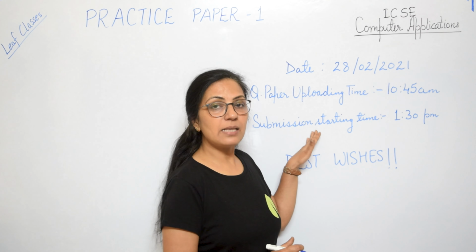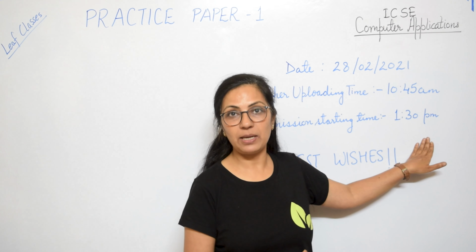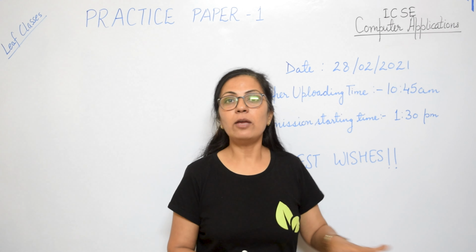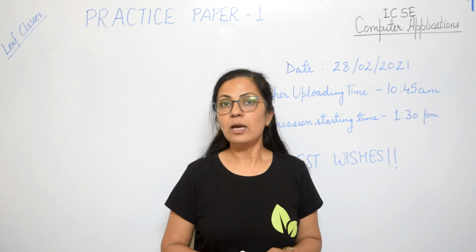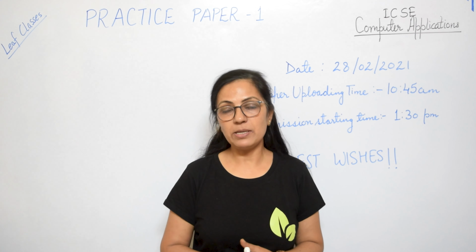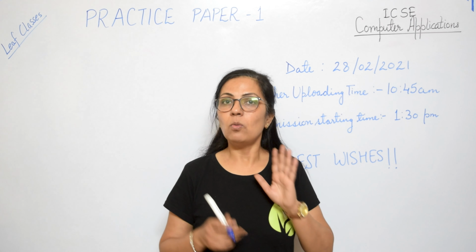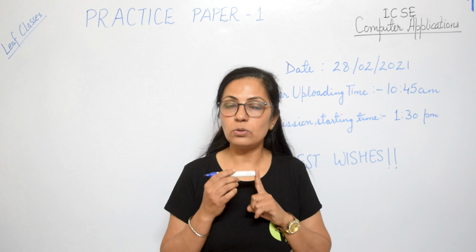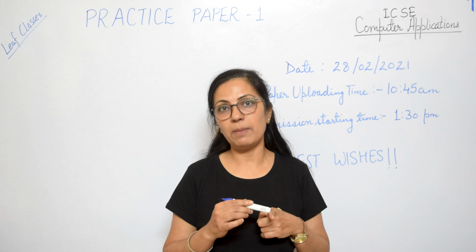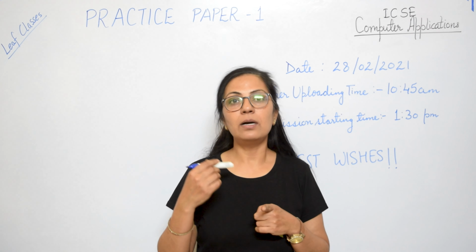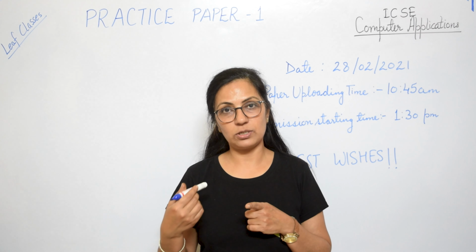Once you complete making the PDF, you can go to the description box again to check the submission link. But this submission link will be opened at 1:30 p.m. today, right? Now, if you try to open that link now or before 1:30, you won't be able to submit your file over there. So it will open at 1:30. So what you have to do, you have to go to the description box, download the question paper, attempt the question paper in the serial order, starting from section A, all the questions, then section B, all the questions.